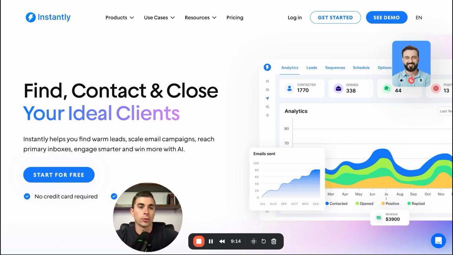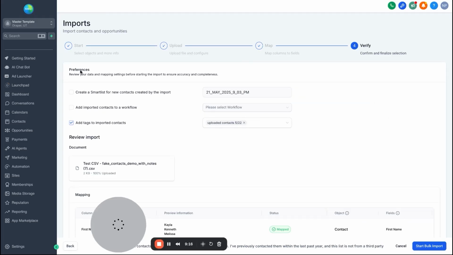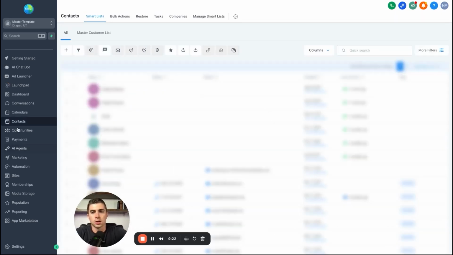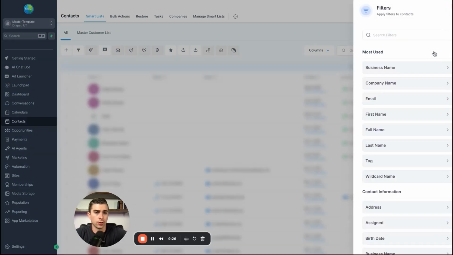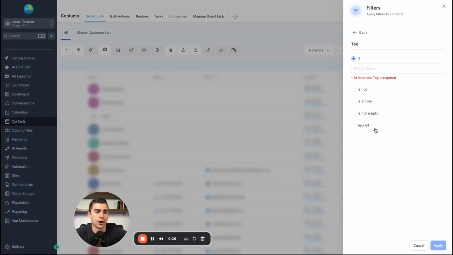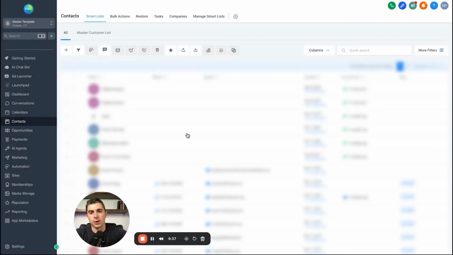You can stay in the GoHighLevel platform. You can come into here. It's your call. So once we go ahead and upload those, we are going to now come back to our contacts page. And then what you can go ahead and do is, now that you have these all loaded in, you can come to filters right here. And then I just want to show you this real quick. So you can do filter is tag, go to your tag, hit apply, and then there's all your people right there. So anyway, that's how you can organize and find the contacts that you've loaded in.